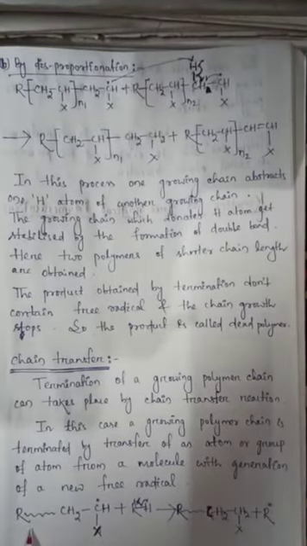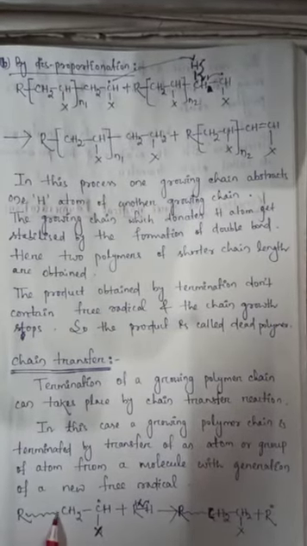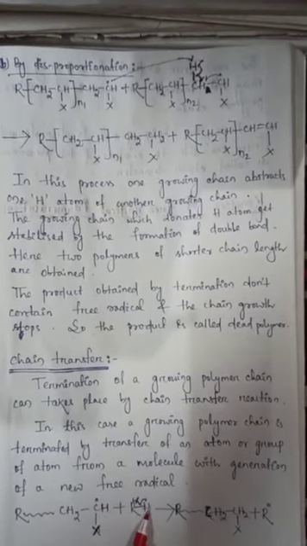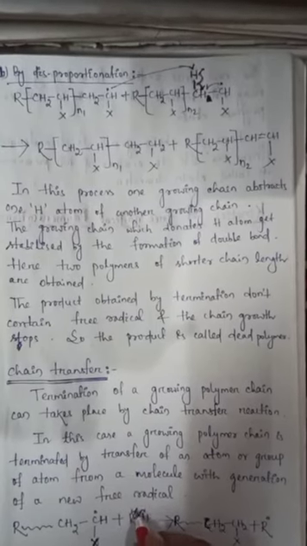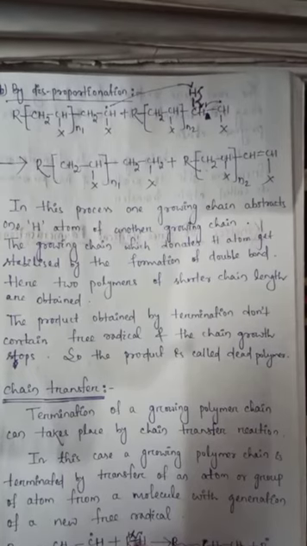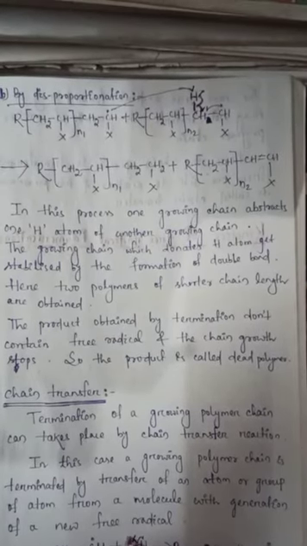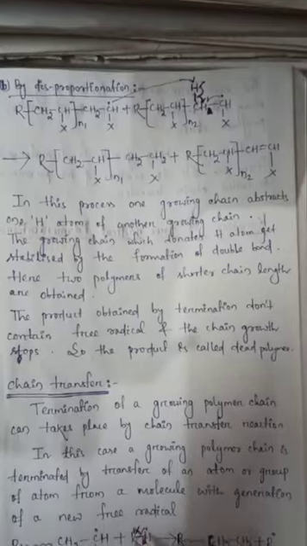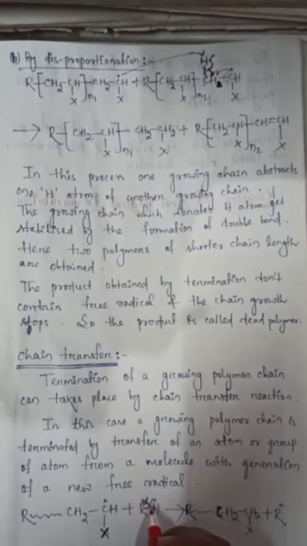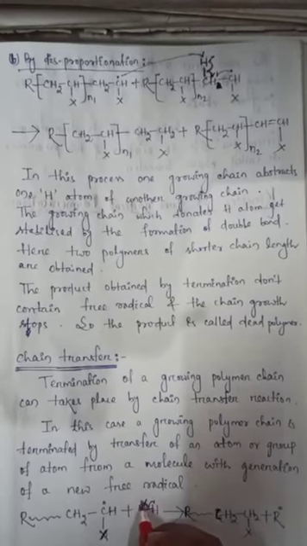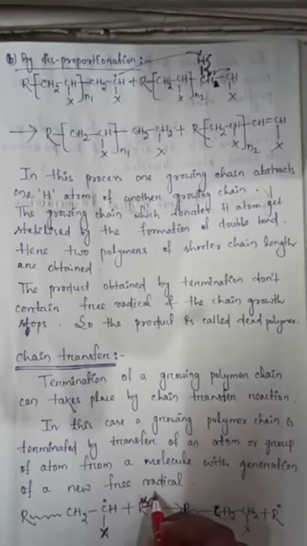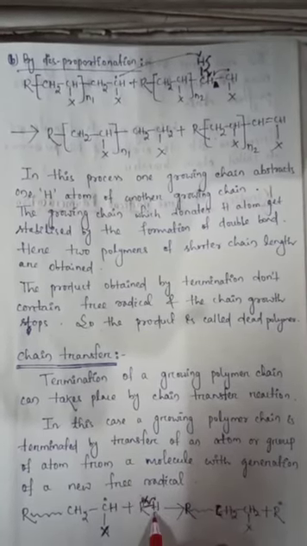So this is R, this is the chain, and CH2 CH radical X. We add R'H. We break this R'H single bond homolytically, with a single headed arrow, and we get the R' radical and H radical, and this H radical is abstracted by this growing chain.